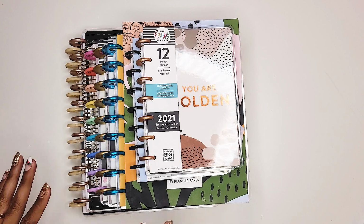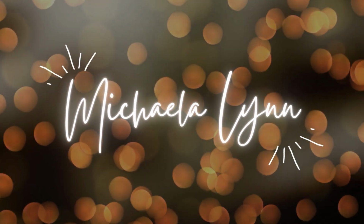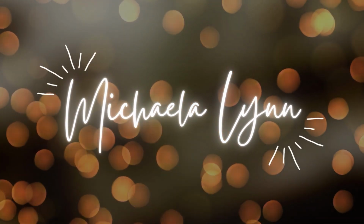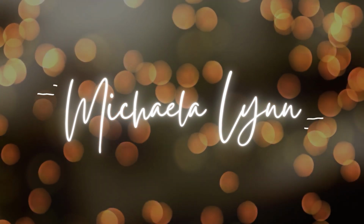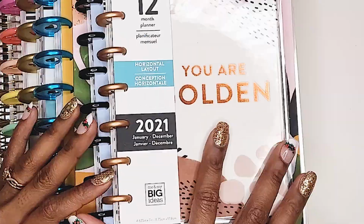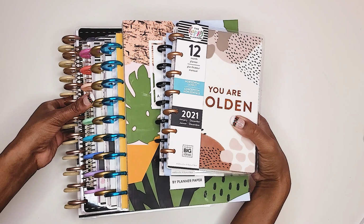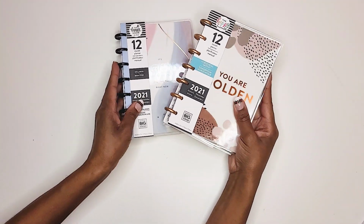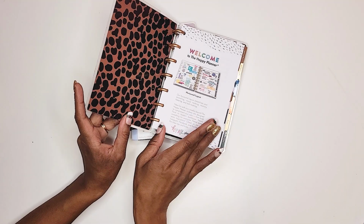So there seems to be a lot of planners sitting here, but let me explain. So the first planners, I'm going to move the stack to the side and explain them kind of one by one. The first planners in the stack are two minis. This is a mini horizontal, which is,